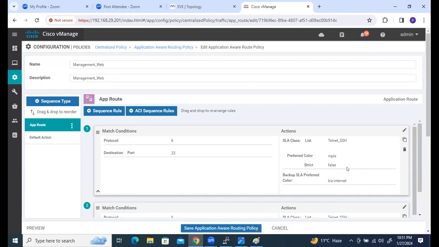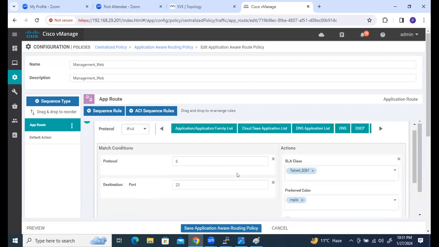You have to make a mistake. Protocol number is 6 and the port number is 23, then it should be preferred color is